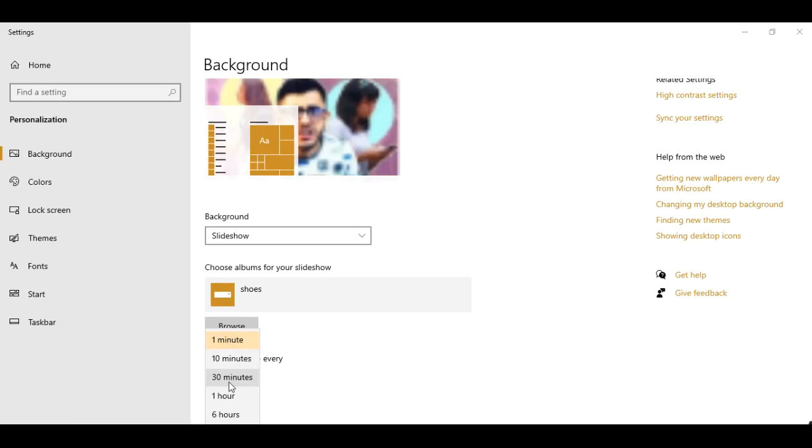If you select 1 minute, all the images will be changed within a minute. If you have fewer images, it will take more time to change each one. If you have more images, they will change faster and faster. So you can change it according to this timing.